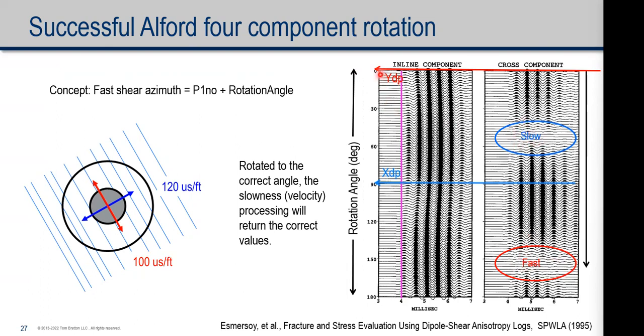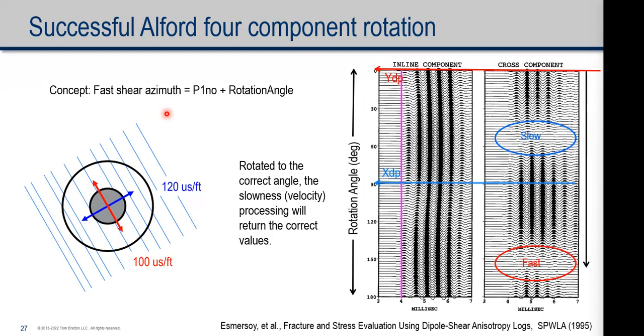Then I can take this rotation angle and add it to the direction that my dipole is pointed, or the tool orientation, and determine my fast shear azimuth. That gives me information on the strike of the fractures or the direction of the present day stress field, depending on what's